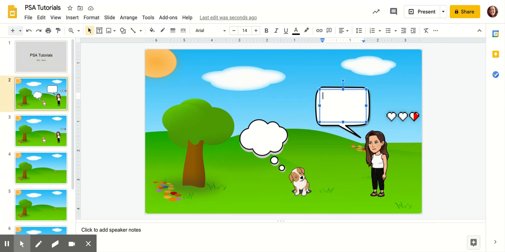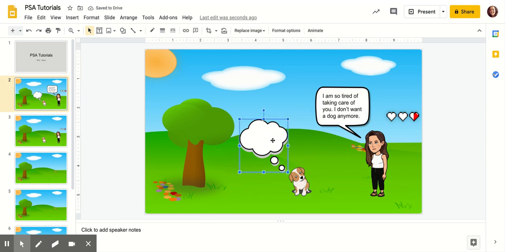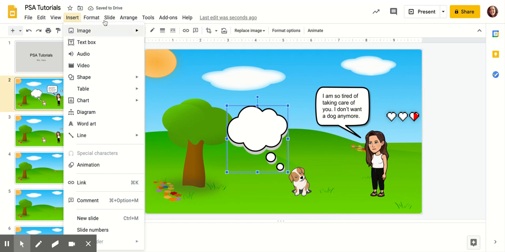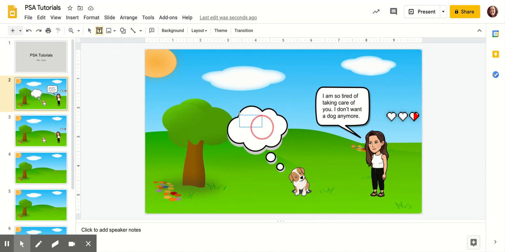So this character is going to say that she is tired of taking care of this dog and she wants to get rid of it. And I'm going to have the dog obviously not respond, even though there's nothing wrong with your dogs talking or your animals talking in this PSA. But I'm going to, again, insert a new text box. So I'm going to go to Insert Text Box, and I'm going to draw the text box where the dog's